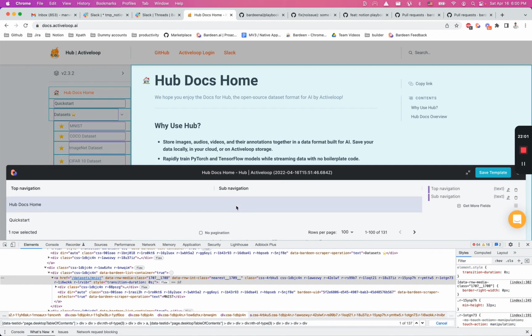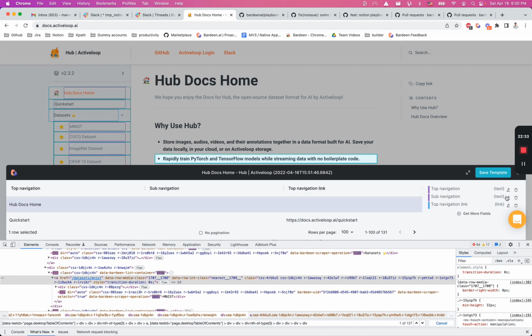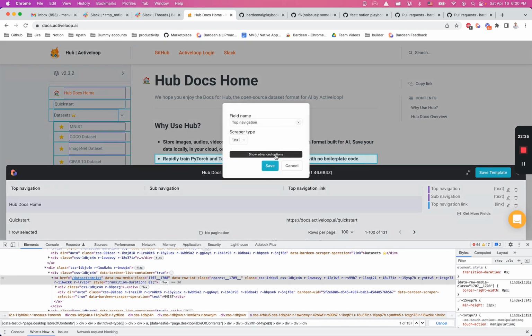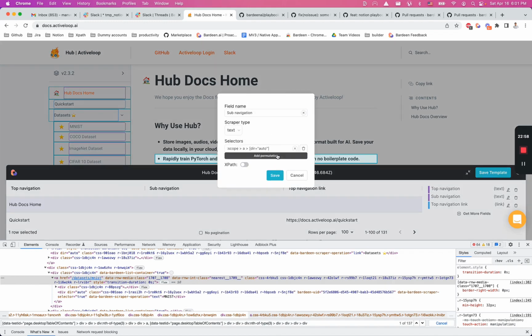Now we also would like to get links, right? So we need to use same selectors but use link. Top navigation, we're using link, getting data. And now I'll use the same selector for the link. Yeah, I just realized that maybe in future we soon add the possibility of changing the order of the fields. In this version, what I would like to do,